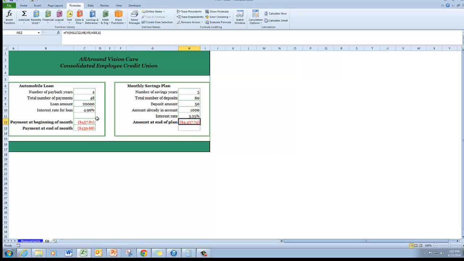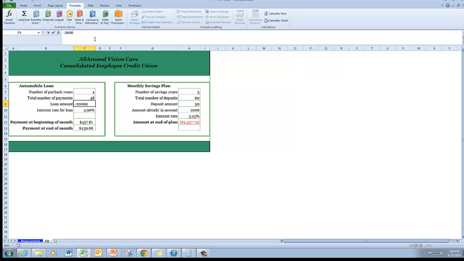Now you've probably noticed that the results of these functions are in red, and Excel uses the red formatting with the parentheses to represent a credit or a cash outflow, because these amounts would be being paid out of your main bank account. So there's a couple of ways that you can make these look like positive numbers, particularly over here. I could make the loan amount negative, which makes both of these numbers positive,